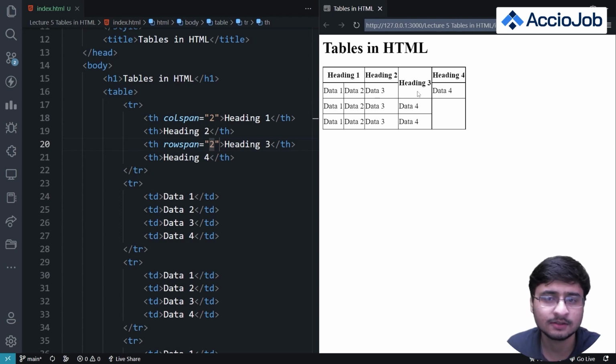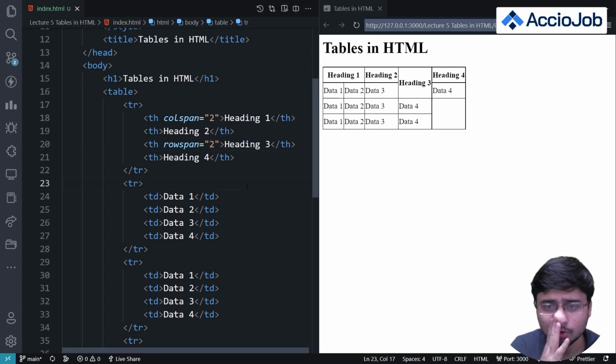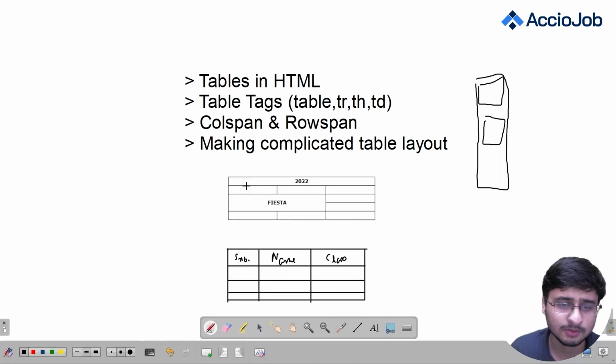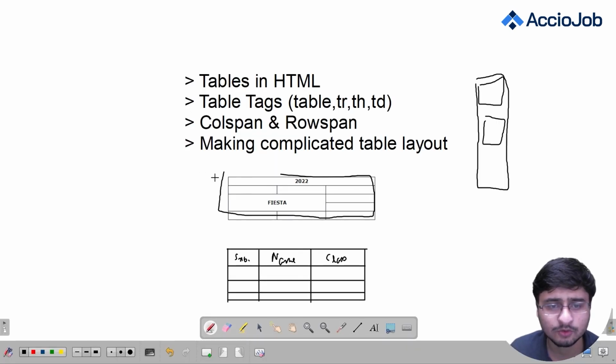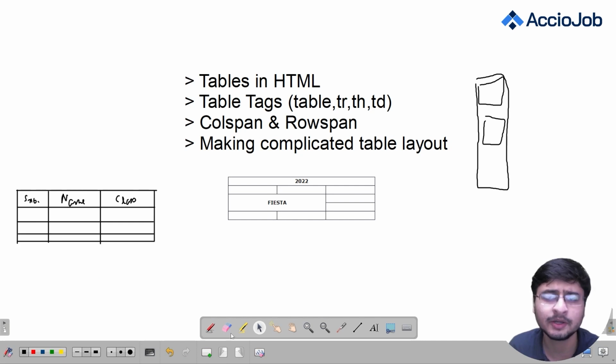So this is how all this works. HTML handles all the accommodation of tables, and we can make really complex designs using these table tags, right? Now what I want to do is display a special kind of table. So this is the table we want to display for this explanation. Let's do some mathematics and figure out how many columns and rows we need, right? You can also take it as the building process of a table.